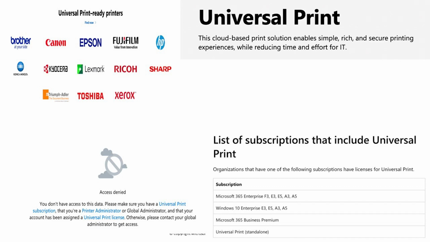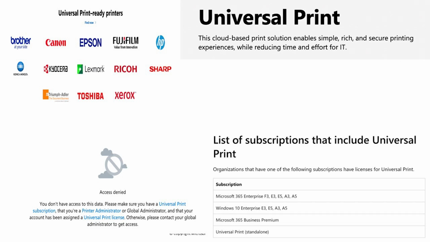On the right-hand side, you can see the list of subscriptions that include your Universal Print services, like enterprise subscriptions, your Windows 10, and if you have the independent Universal Print standalone subscription, even that works. There are quite a few common Universal Print ready printer vendors available,